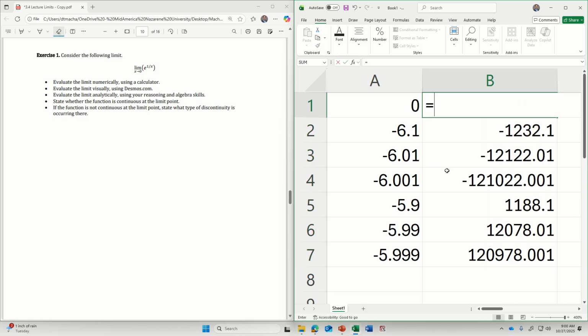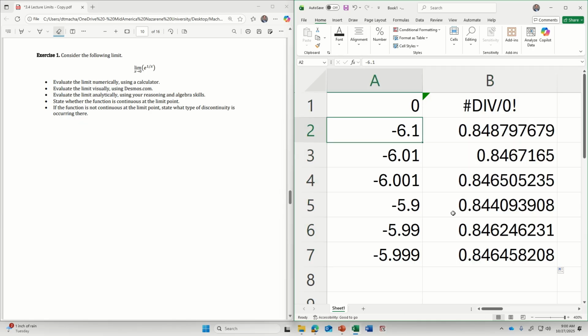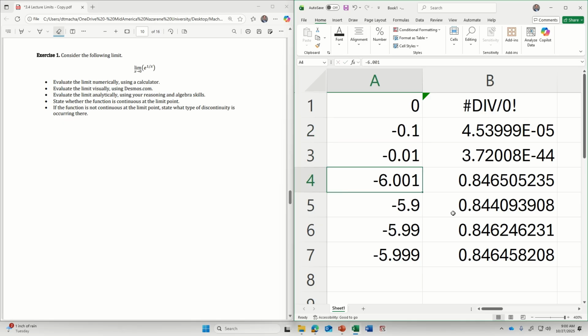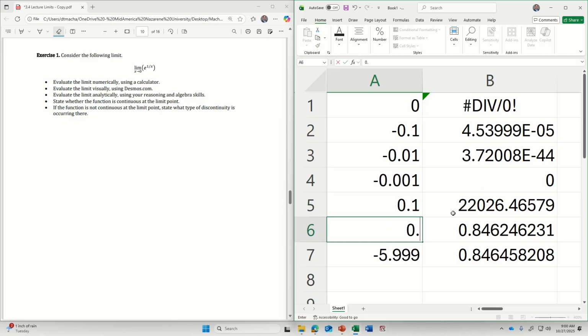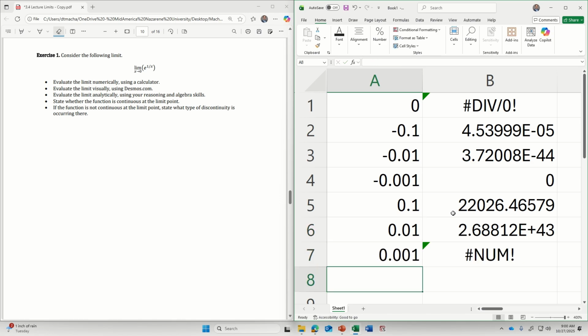And my function is e to the power 1 divided by x, right? In Excel, that's exp for the exponential function. Coming in from the left side, I've got negative 0.1, negative 0.01, negative 0.001. Coming from the right side, I've got 0.1, 0.01, 0.001. On the left side,